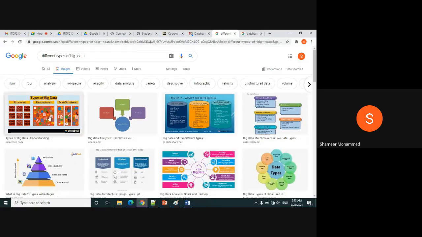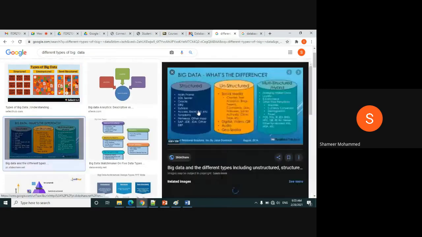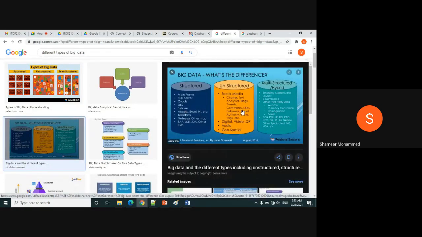See here, you can see structured data, unstructured data, multi-structured data.